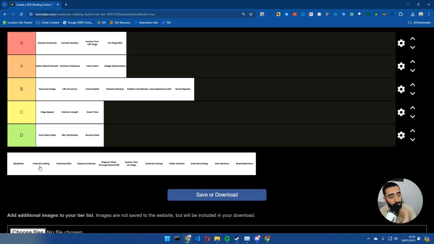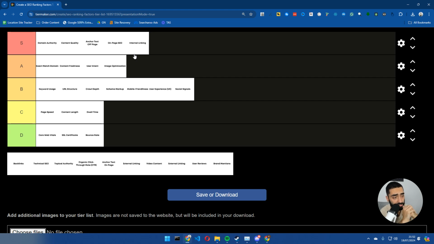And then we also, obviously, have got internal linking. If your internal links are bad, like if you just don't have any internal links, your pages just won't rank. That's personally how I see it, especially if you have got a bigger website. Let's say you're an e-commerce store, or let's say you have got a big affiliate website. In some cases, internal linking can be the moving factor to get you from position 5 to position 1 for certain keywords. So I'm going to say that that's pretty important.